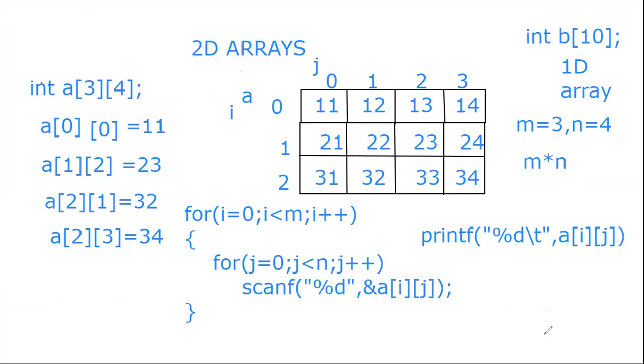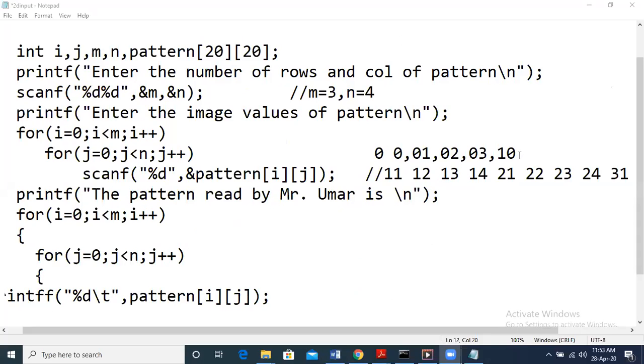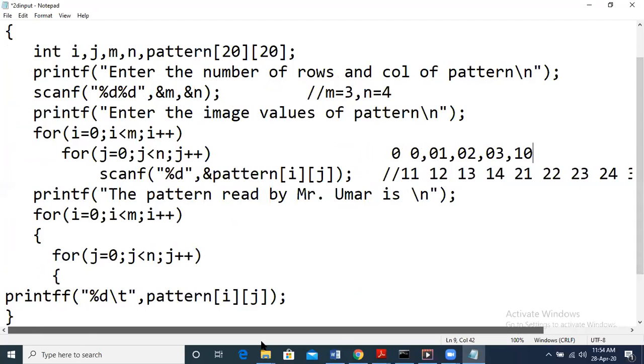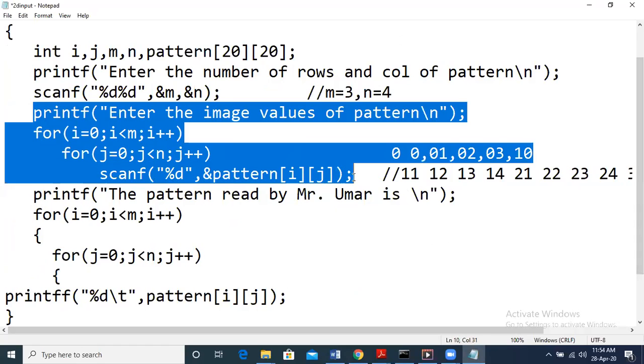Next will be 1, 1, 1, 2, 1, 3. Then j completes. Then we have 2, 1, 2, 2, 2, 3, right? So all the numbers get stored in place. This is how we take input. So this step is to take input for the 2D array.